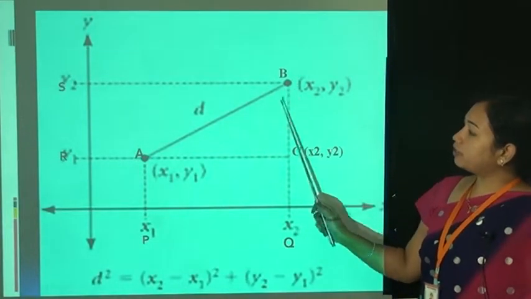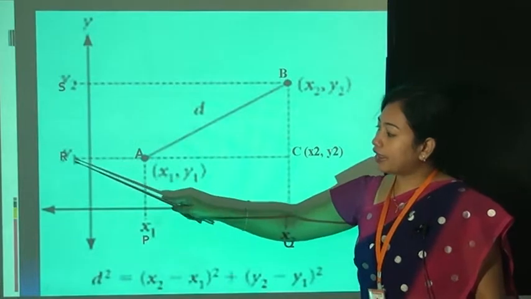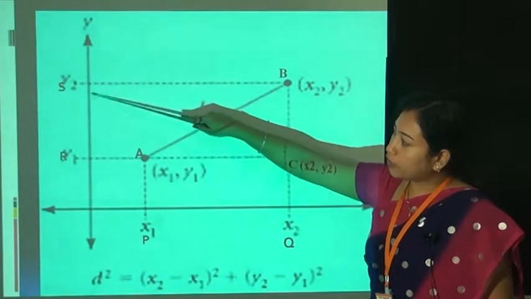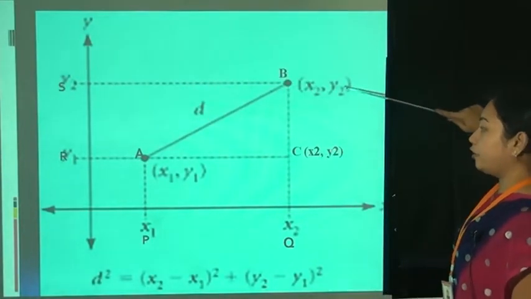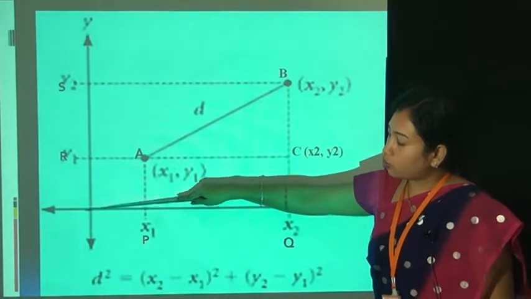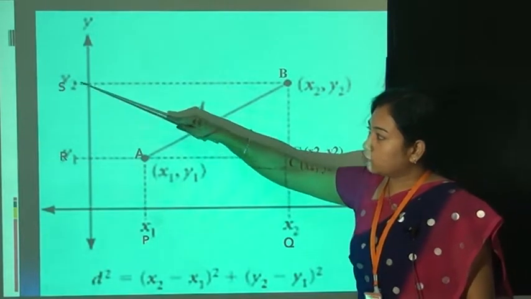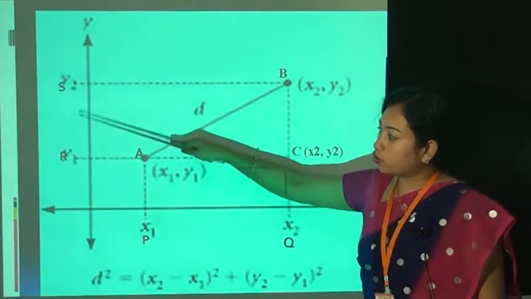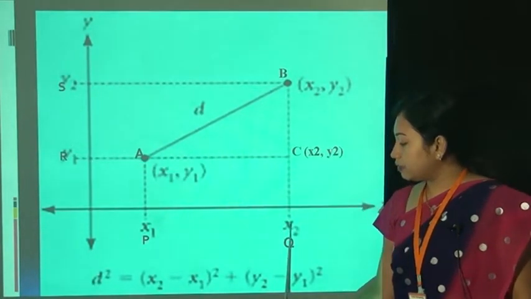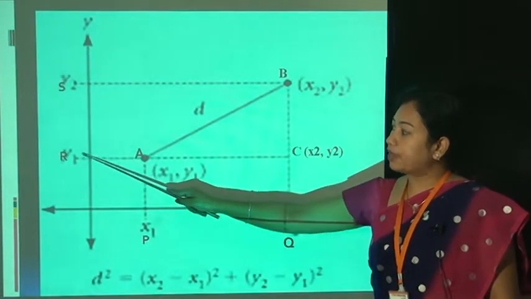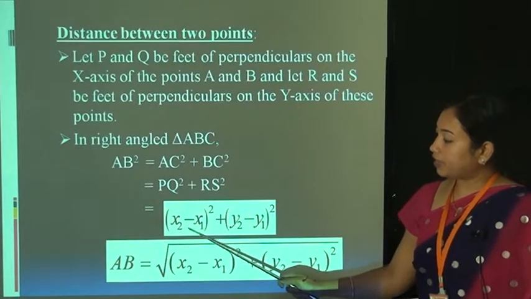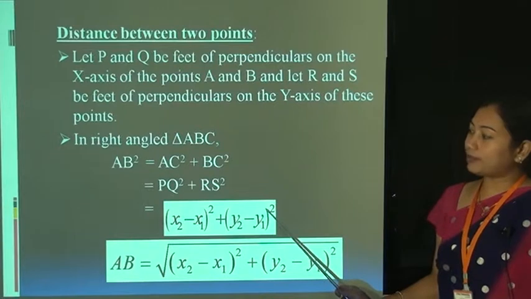Similarly, we want to find the distance between R and S. For that, subtract the distance from O to S and O to R. The distance from O to S is y2 and the distance from O to R is y1. So y2 minus y1. If we subtract these two we get the distance from R to S. So this is nothing but (x2 minus x1) square plus (y2 minus y1) square. Same way, (x2 minus x1) square plus (y2 minus y1) square.